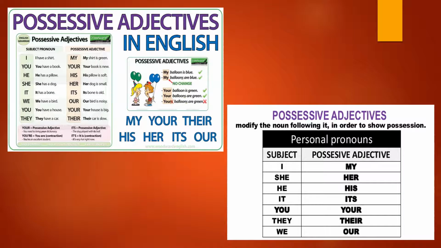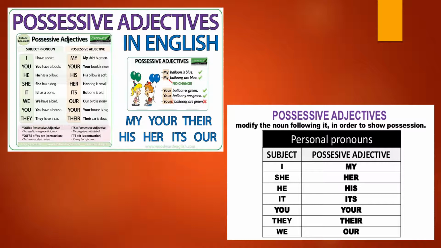Now, in this slide, we will learn about the possessive adjective. Now, take some examples. This is my book. That is our school. That is your book. His book is on the table. So, in these sentences, the adjectives my, our, your, his are used before nouns and are called possessive adjectives. Possessive adjectives answer the question whose.